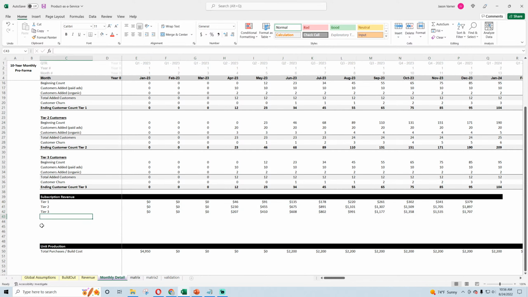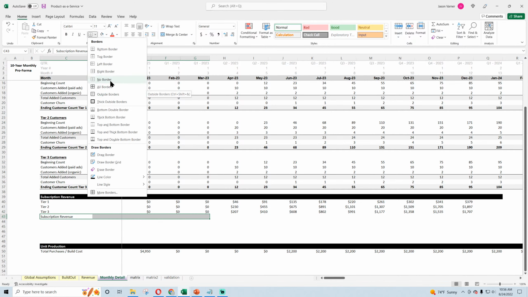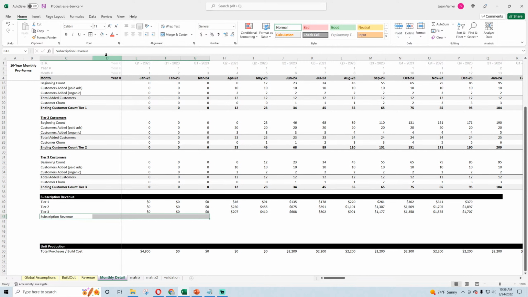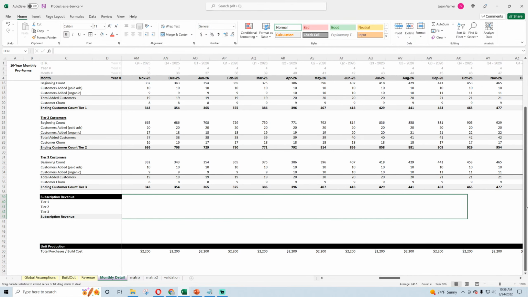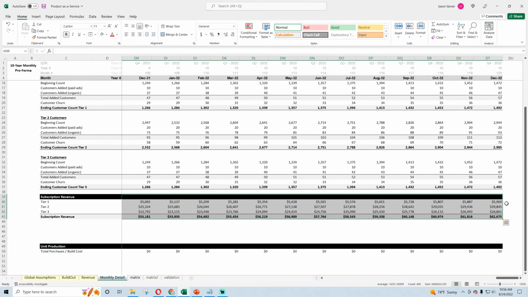So this is how much subscription revenue we're making, and this is going to be really important to figure out whether it's worth it, based on how much it costs to output the products and maintain them, all those costs against the amount of revenue you're collecting from people subscribing to gain access to the product. So there's that number.